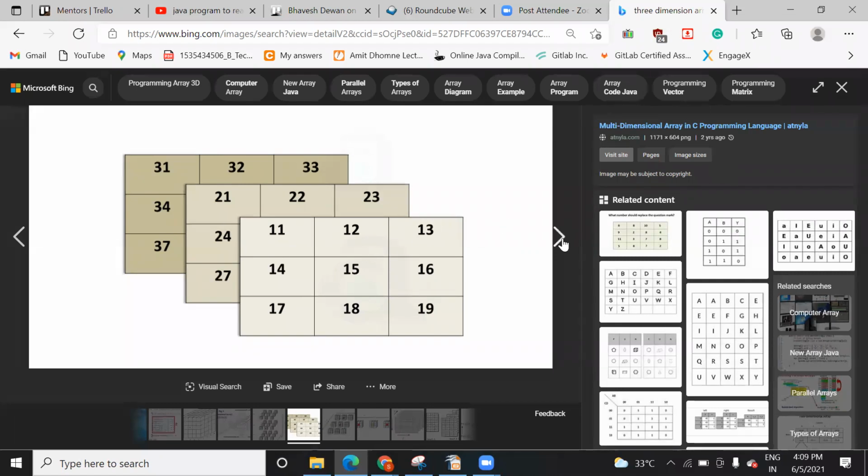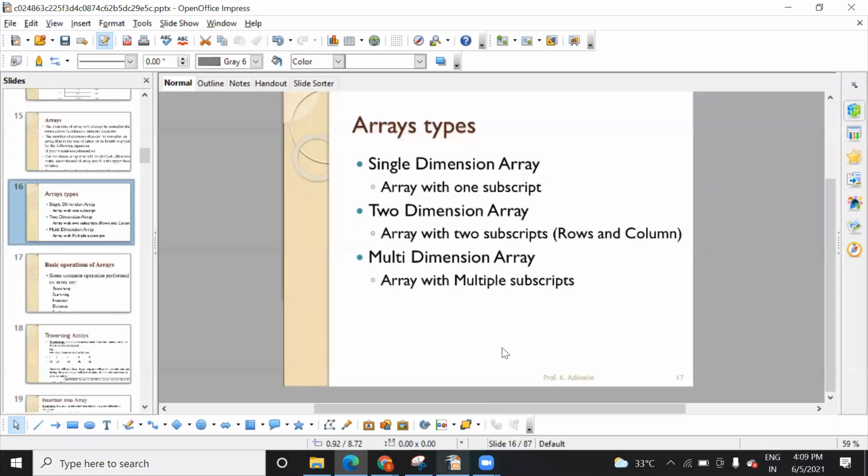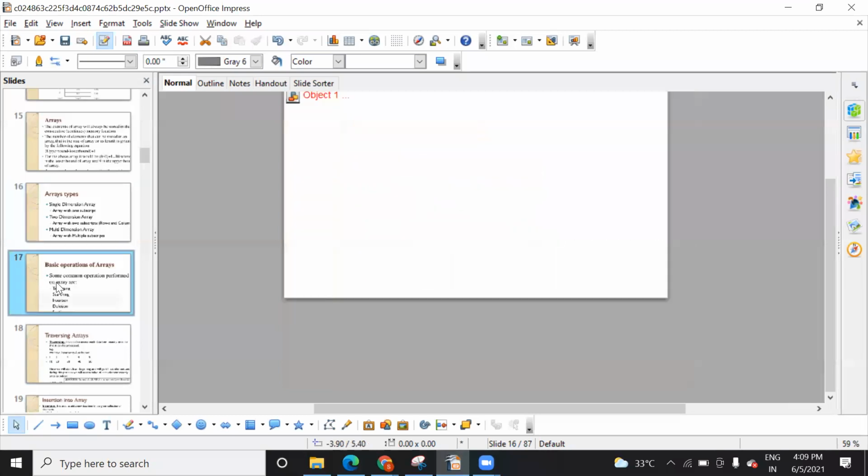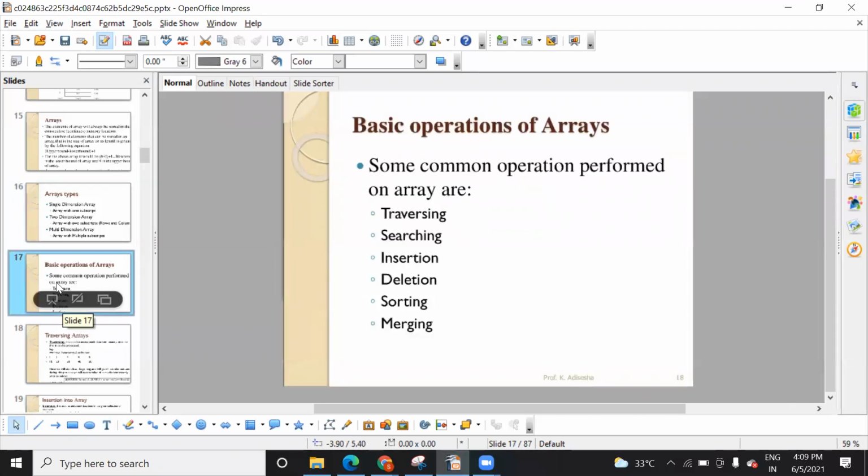So like that, the operations that we usually perform on arrays are traversing, searching, insertion, deletion, sorting, merging. All these operations we do with respect to access of the data structure.